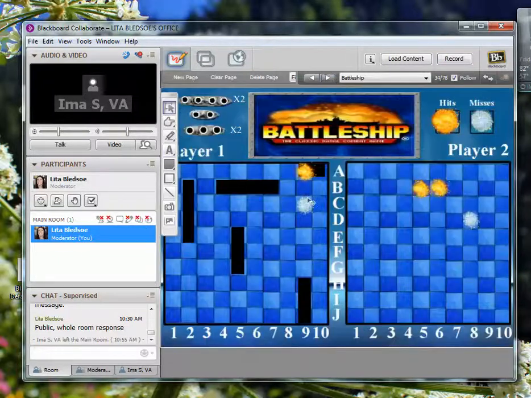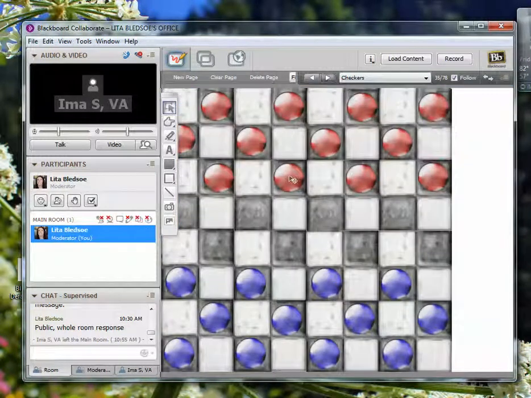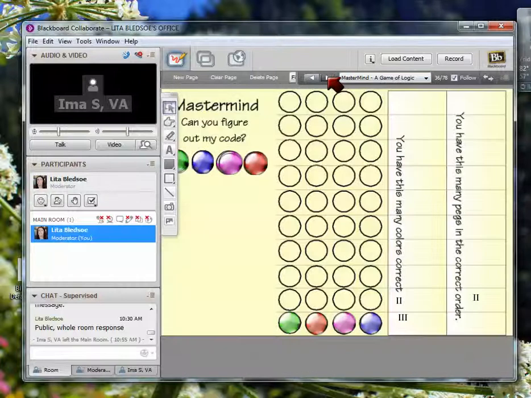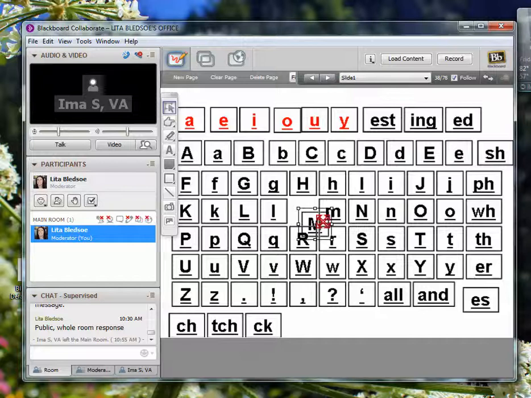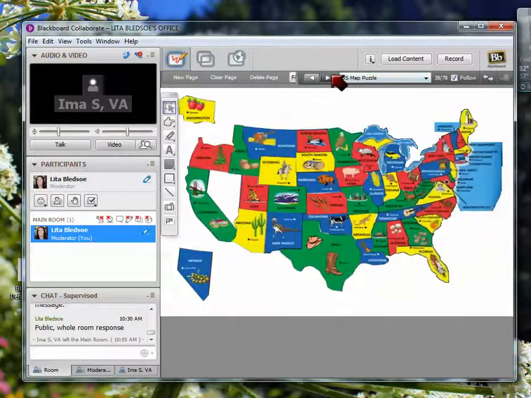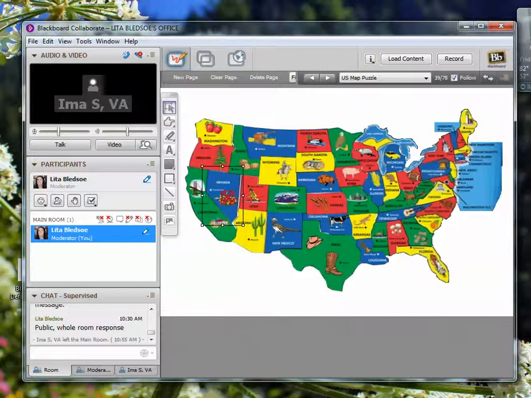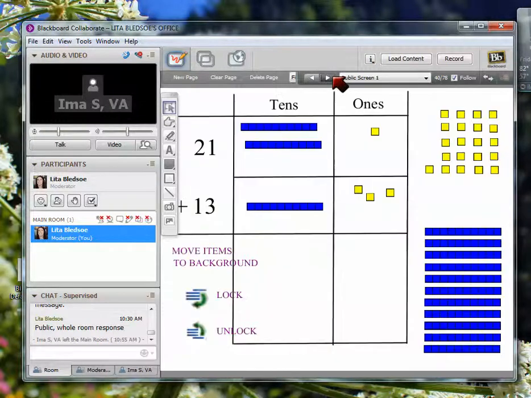We have Battleship, and you can show what's been hit. Checkers, Mastermind, sums of 10, phonics tiles, maps. These are really fun. You can do a lot with maps.